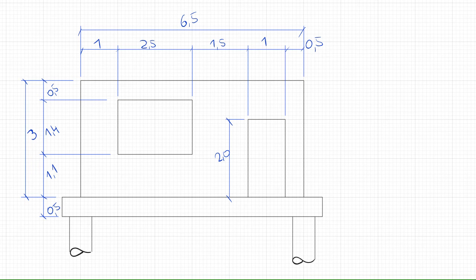Hello. In this video we will calculate a wall. This is the wall. The wall is supported by a beam, and the beam is supported by bore piles and subsoil. The goal of the calculation is to input a line load on the top of the wall and transfer the forces